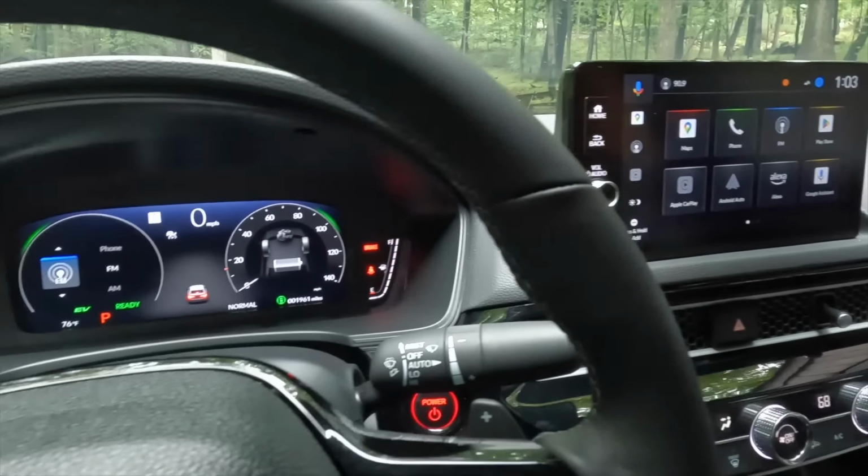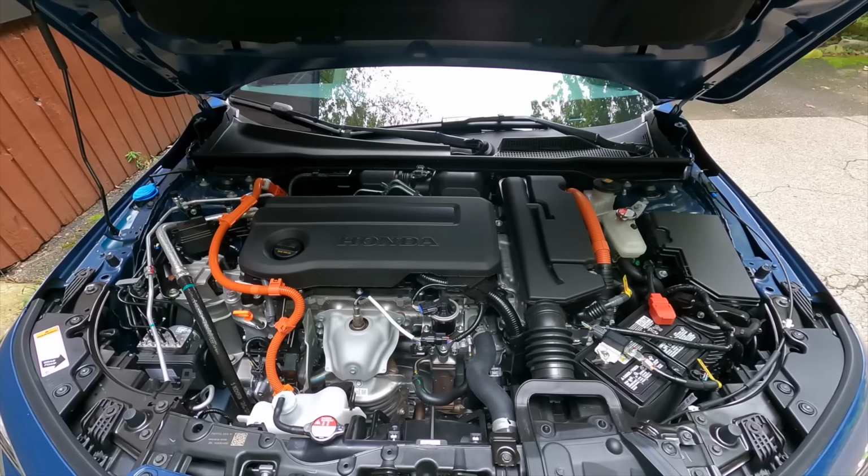But to do that, we need to get back to the drive. All right, let's dig into the powertrain. Where does 200 horsepower and 232 pound-feet of torque come from? Well, as I showed you earlier, it comes from a 2-liter inline 4-cylinder engine and a 2-motor hybrid setup way